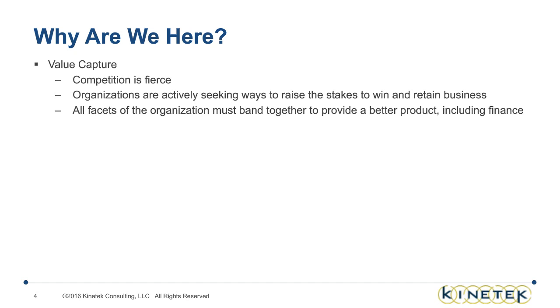We're here because there's stiff competition in the marketplace, and in the GovCon space in particular, the effects of the sequestration are still felt today. The federal government has increasingly looked to its contractors and suppliers to do more with less. And companies that have thrived are those that have learned how to operate more efficiently, which reflects itself on the bottom line. This may include process improvements, technology, or oftentimes both.